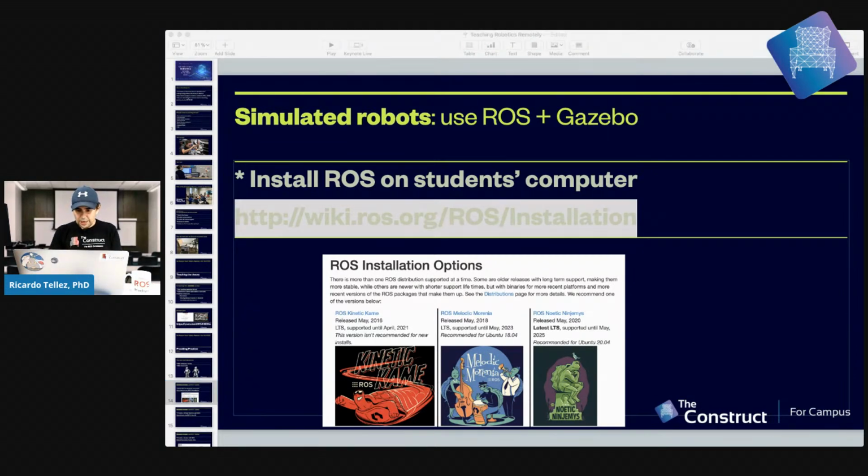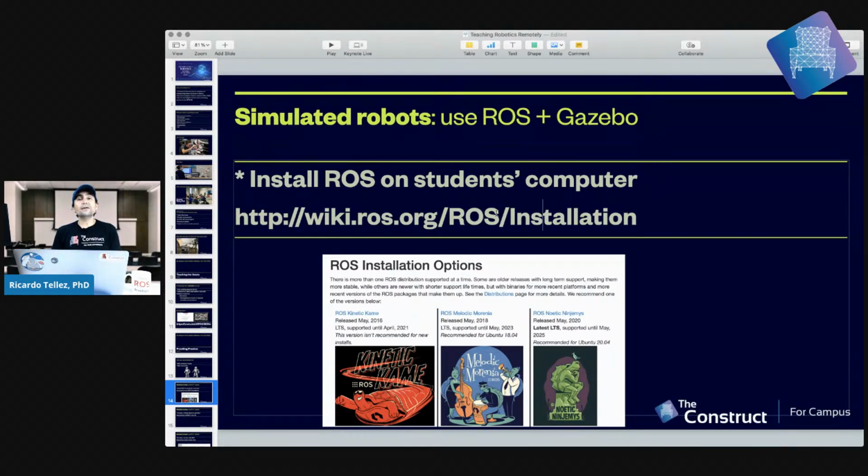So, how to install ROS. This is the official source, okay, of how to install ROS, from the creators of ROS, Open Robotics. So you can make your students go and do that. The advantage is that they will have ROS on their computers. The disadvantages,